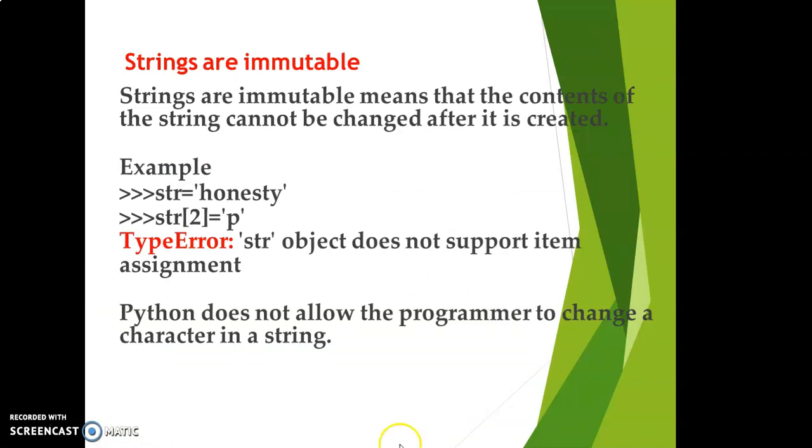Now next, strings are immutable. Immutable means you can't change any string which you have written in the variable, which you have fixed as a string literal, character literal and multiline. Whatever you are writing, it is immutable. Immutable means unchangeable. Anything which you assign to the particular variable is unchangeable. So strings are immutable means that the content of the string cannot be changed. जो भी आप fix करते हैं particular variable, that I am talking about.